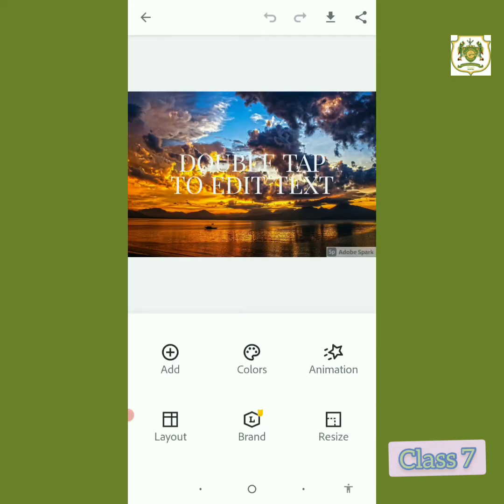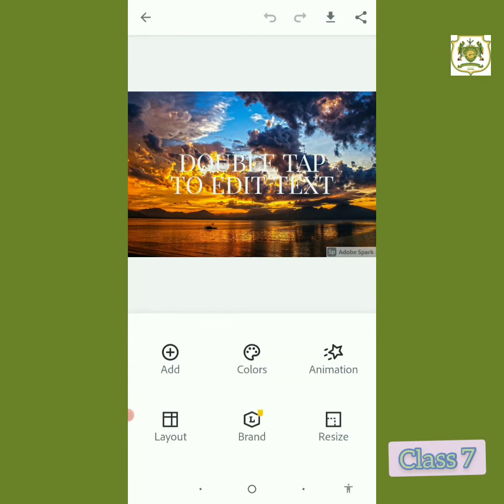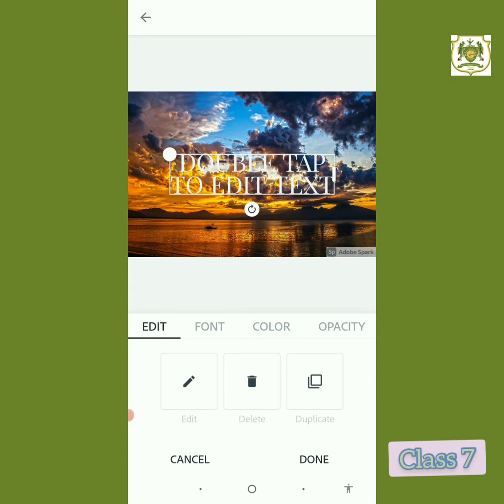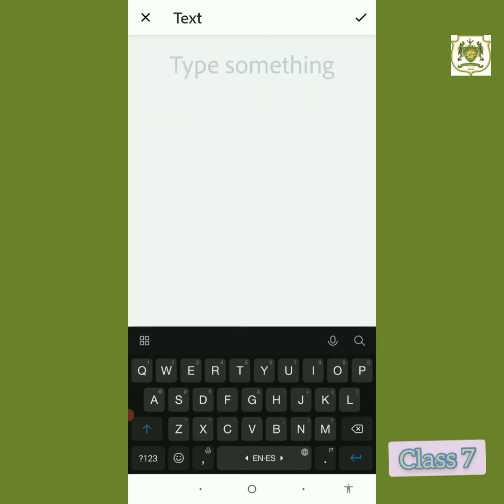Once you click on done, now it will give you the access to simply change the text format. Now double clicking on the text, here you can have your own text. For example, I am writing over here. If I click on edit, then it will allow me to add my own text. So I am going to type here